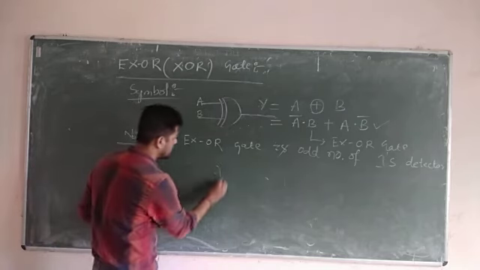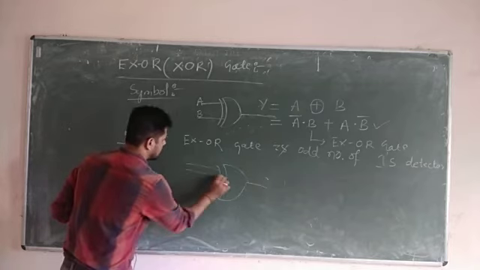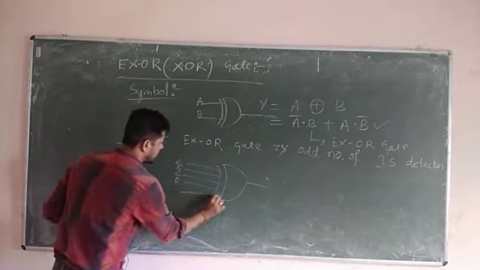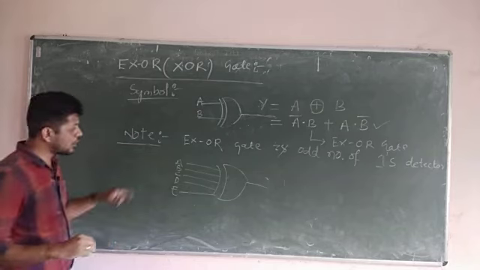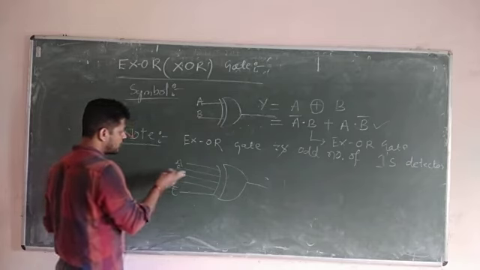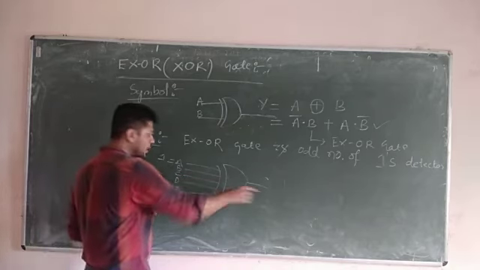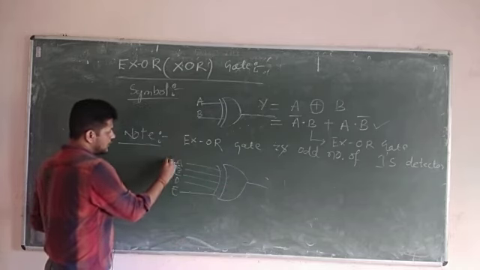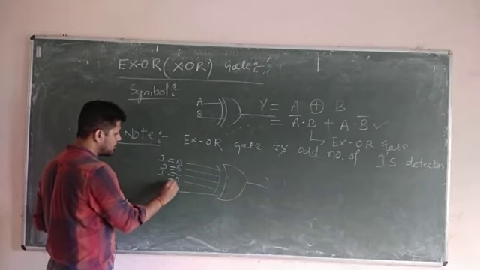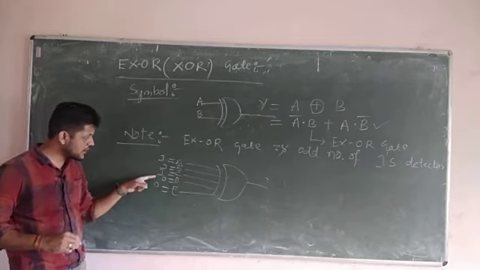If I draw here, you can see inputs A, B, C, D, and another input E. Odd and even you have already studied in math. Odd number of 1s means either A is equal to 1 and all the remaining are 0, then the output will be 1, or A is equal to 1, B is equal to 1, and for example C is equal to 1, with D equal to 0 and E equal to 0. That means here 3 inputs are 1, and 3 is also an odd number.